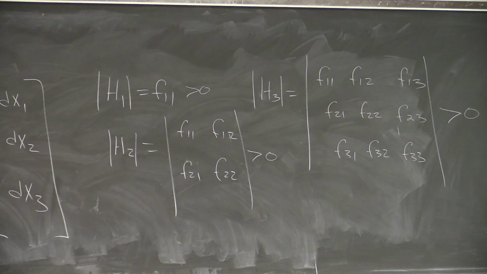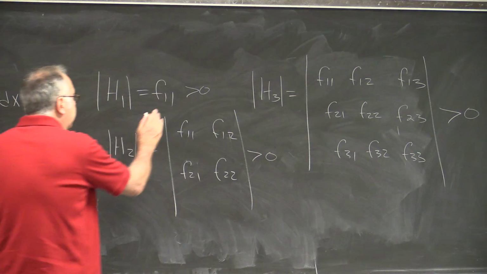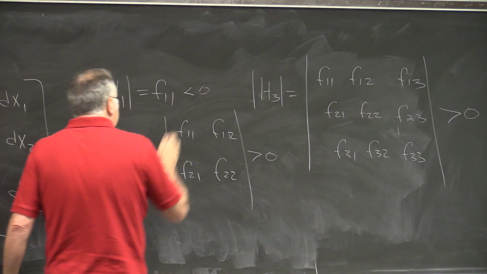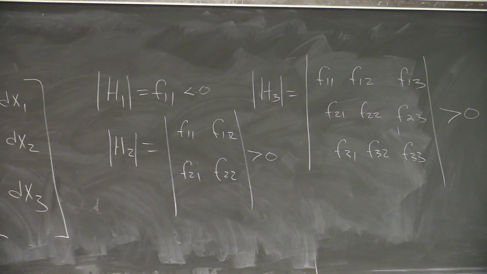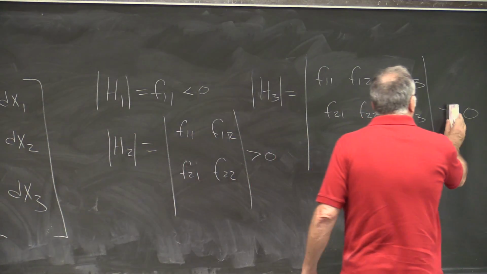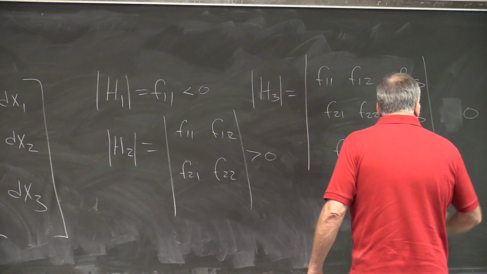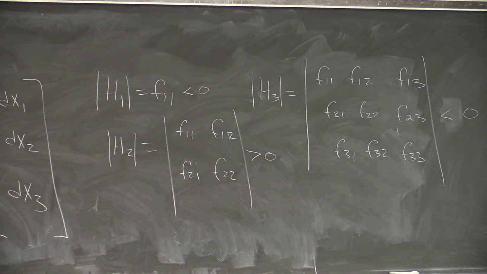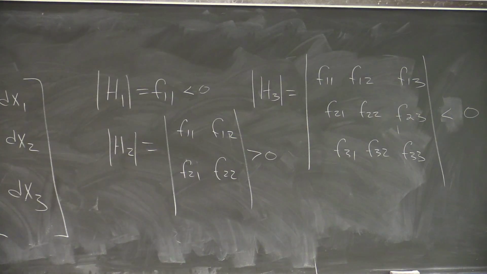quadratic. Now, the conditions for the second order total differential to be negative definite are that these alternate in sign, with the first one being negative. So it's negative, positive, then this one would have to be negative. Now this same idea